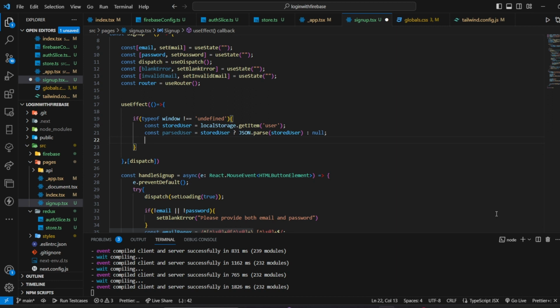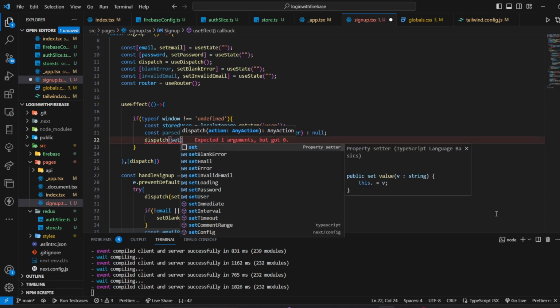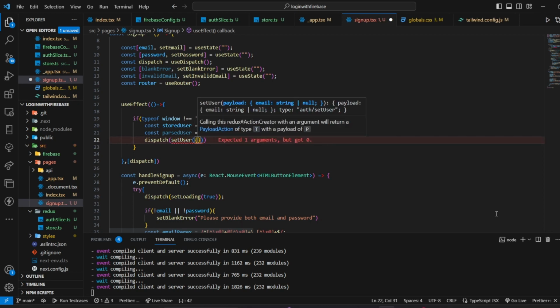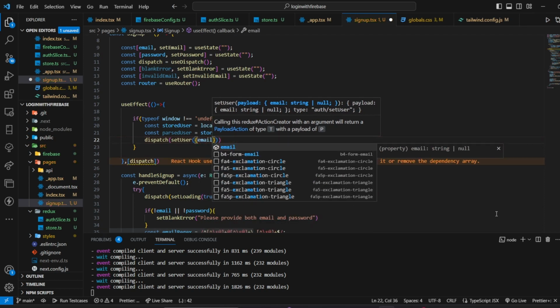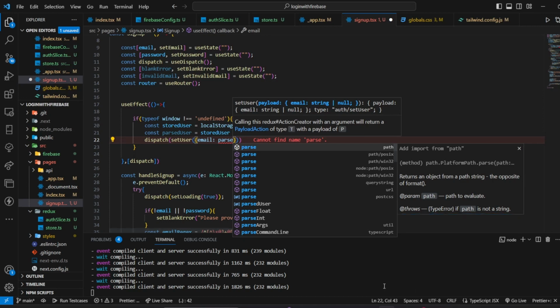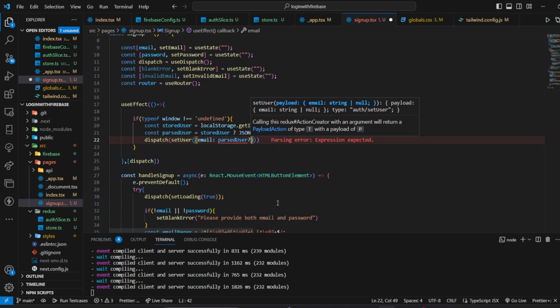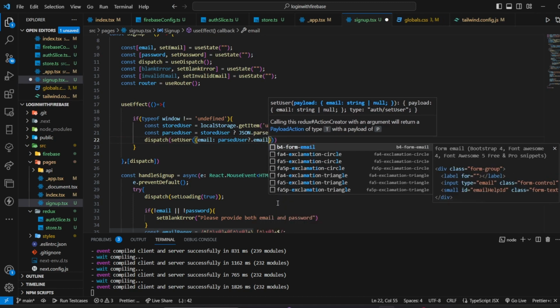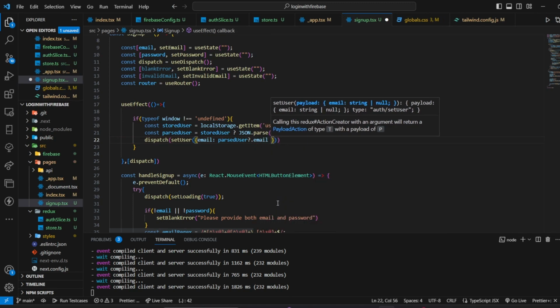Now, according to the value, the user will be set. So dispatch set user with email, which will have parsed user dot email, or